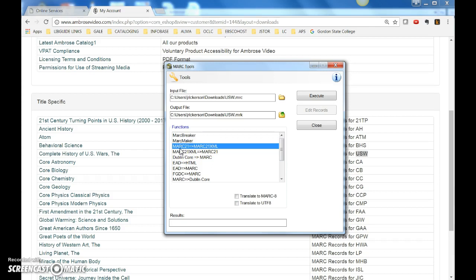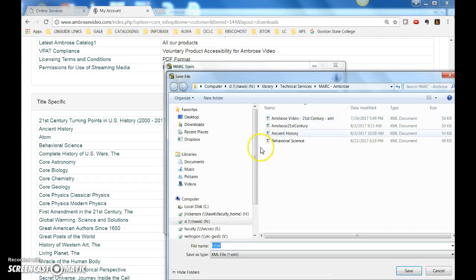I'm going to select MARC 21 equals MARC 21 XML, this one right here. Put a check mark where it says translate to UTF-8, and then click the yellow folder with the green down arrow, and we're going to save this to the library in Drive in the Technical Services folder in a subfolder called MARC AMBROSE. And so I'm just going to rename this